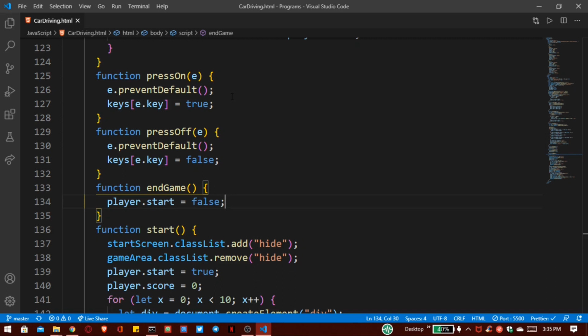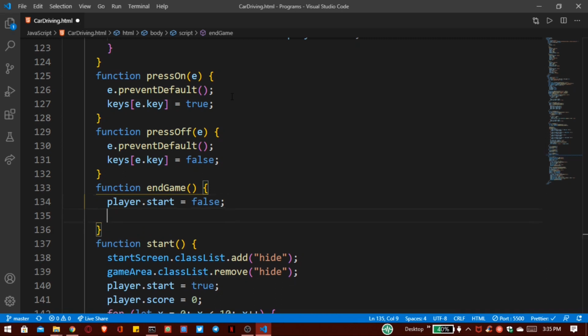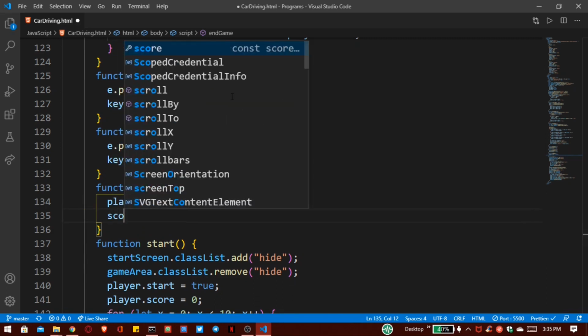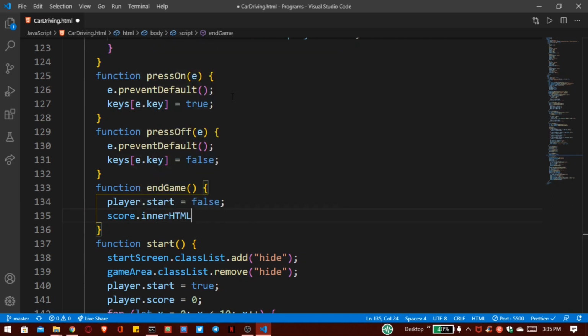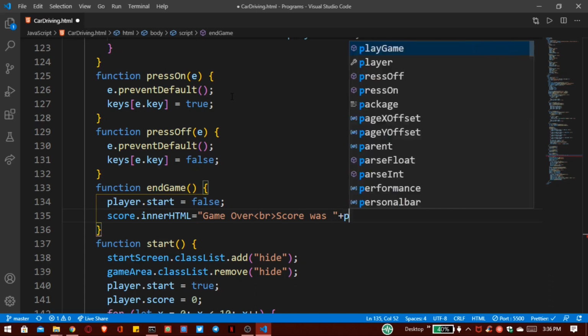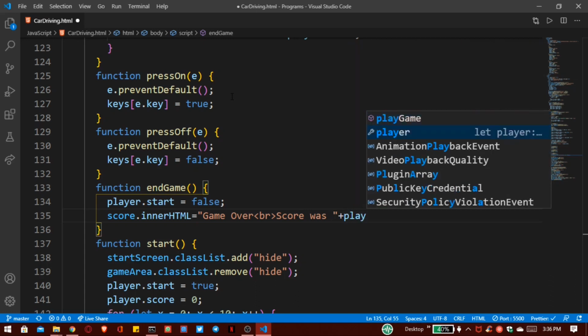Now I want to update that player score, so I write here score dot inner html, game over, break the line, and here score was player dot score.